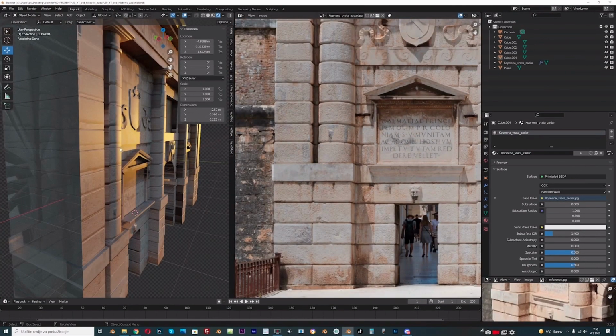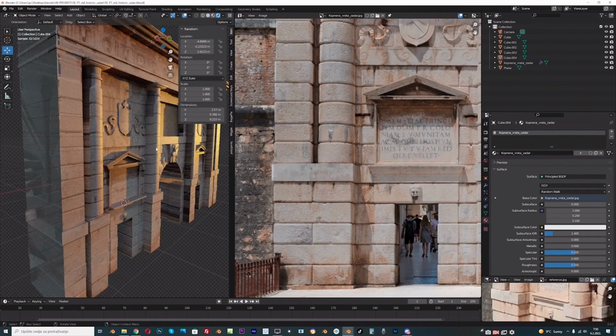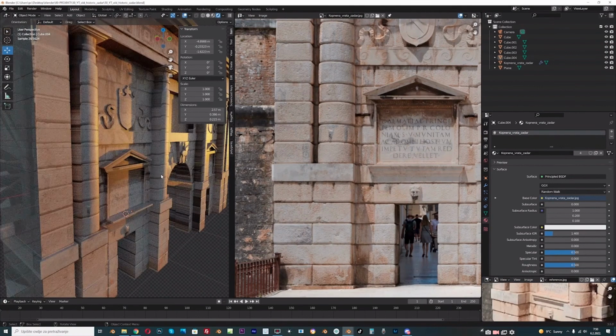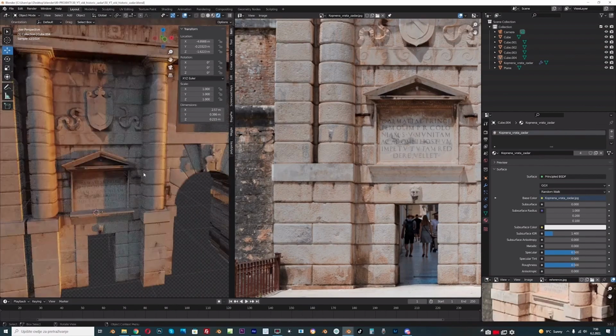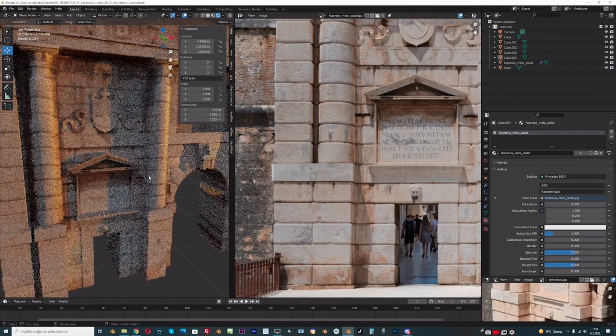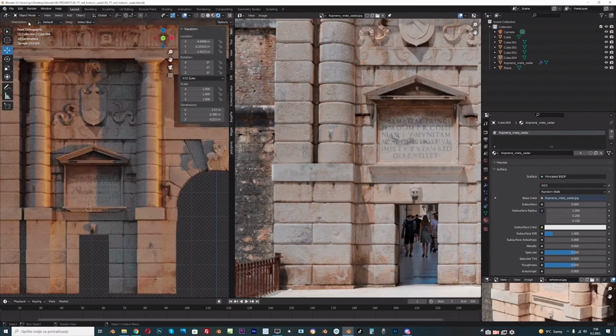And now we can continue with fixing UV, and next is these columns here. So because they are rounded, we can go with project from view, because this side is not visible at all, and this will be scratched. So I think we can